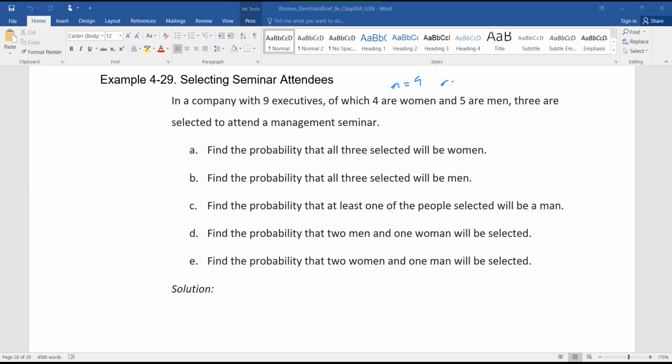our N is going to be 9 and our R is going to be 3. So this becomes 9 factorial. Since we determined that the order does not matter, this would be 9 minus 3 factorial times 3 factorial, which gives me 6 factorial times 3 factorial, which is just 9 times 8 times 7, over 3 times 2. You think I can cancel? Okay, so I really just have 3 times 4 times 7. 3 times 4 is 12. 12 times 7 is 84.